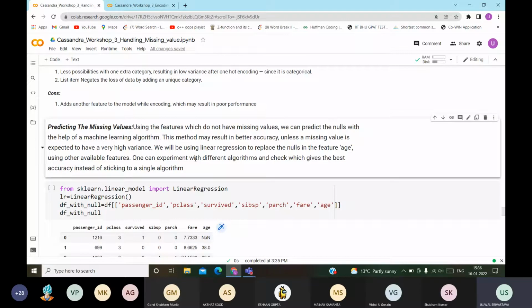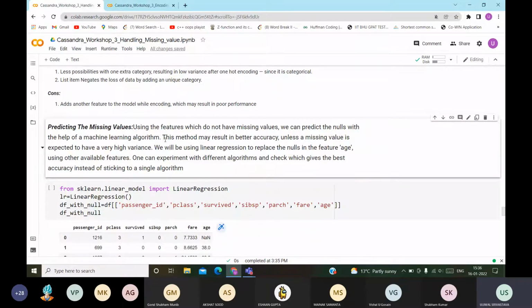Now this is also very important. We will use some algorithm to predict the missing values. Let us say we have some features in which no missing values are present. We will try to use those features to predict the values of the feature in which values are missing.